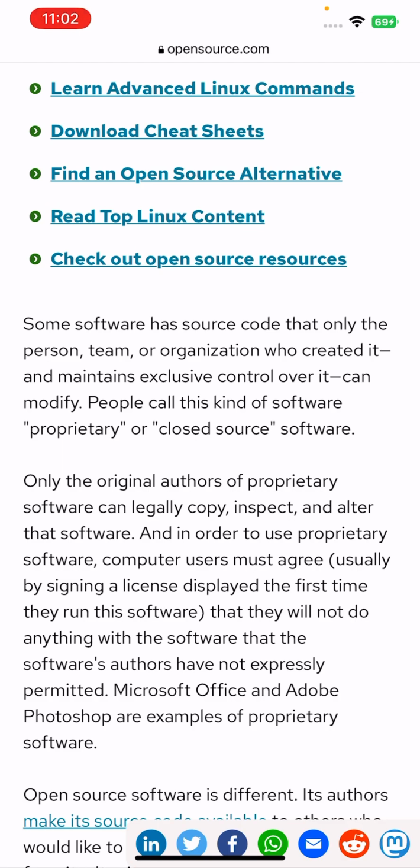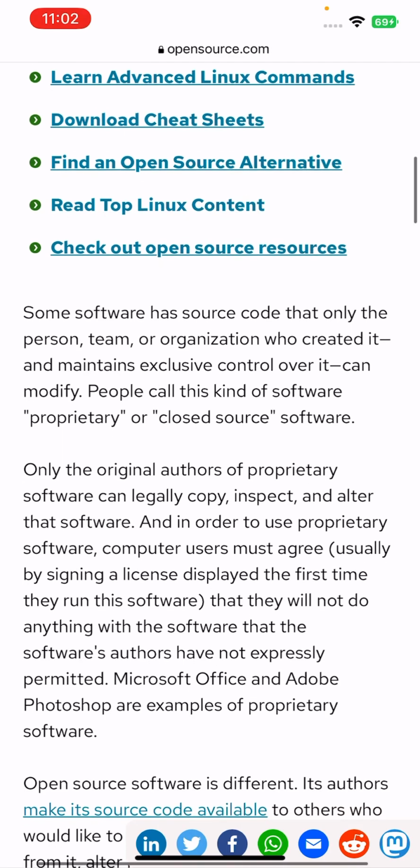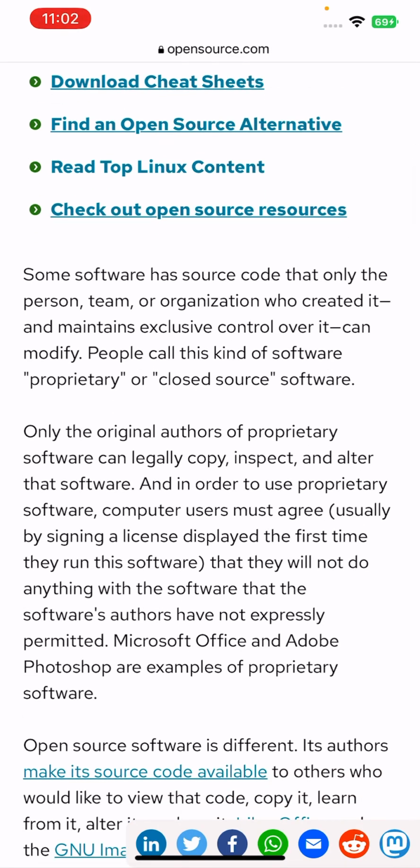People call this kind of software proprietary or closed source software. So only the original authors of proprietary software can legally copy, inspect, or alter that software.